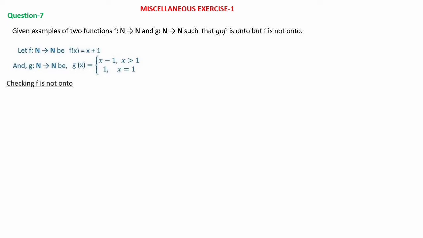First of all, let's prove that f is not onto. For that, let's take a Venn diagram, and the function is defined from N to N. Let it be f, and as we know the natural numbers in the domain are 1, 2, 3 etc., and in the codomain also natural numbers, and the elements are again 1, 2, 3 etc. And if you give 1 as input, we will get the output as 1 plus 1, 1 plus 1 is 2. And if you give 2, 2 plus 1, 3 is the output, and if you give 3, 3 plus 1, 4 is the output, and so on.